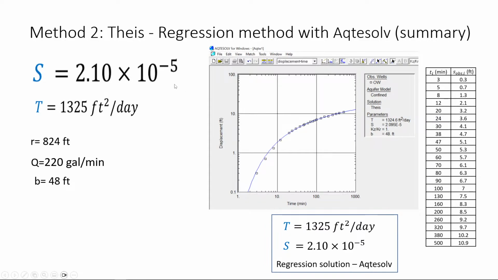Okay, so that's basically the objective of this video, it is not to show you how to do this with Excel, but the objective of this video is to show you how to do this